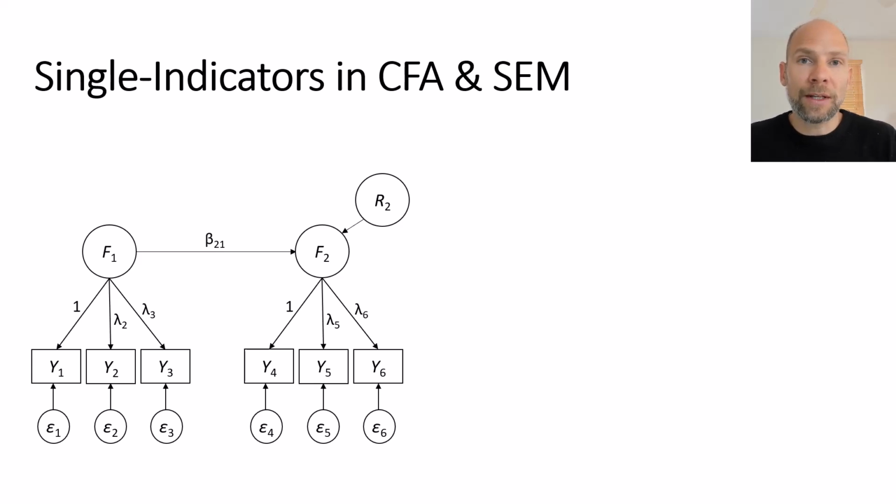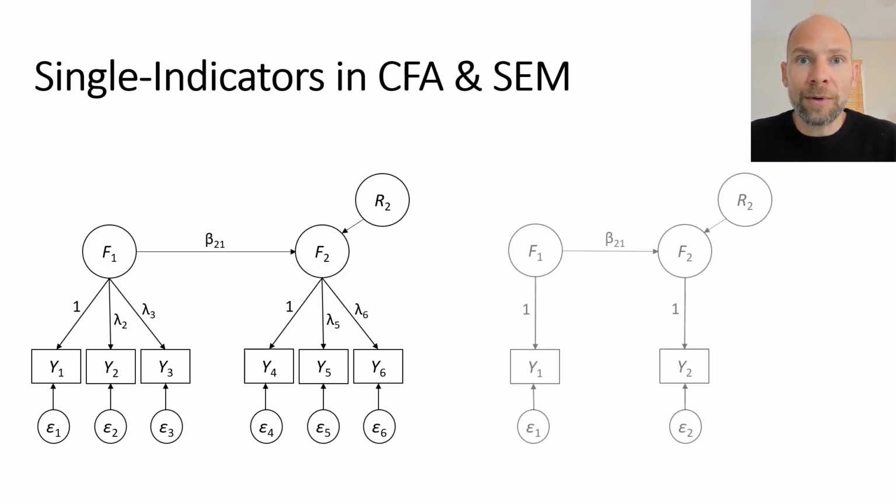Maybe you have only a single indicator. Maybe you have only a single item measure for measuring one or the other factor. And then the question is, what do you do? Now, one approach would be to use a path analysis or regression analysis with single indicators. But the downside of that approach is that then you have no correction for measurement error in the exogenous or predictor variables. So what would be more desirable in the case of single indicators is a model like this, where